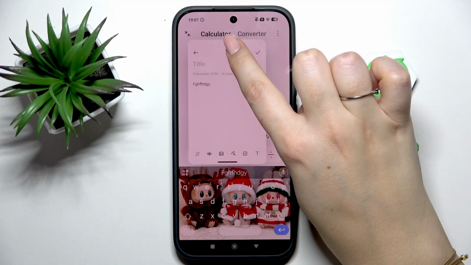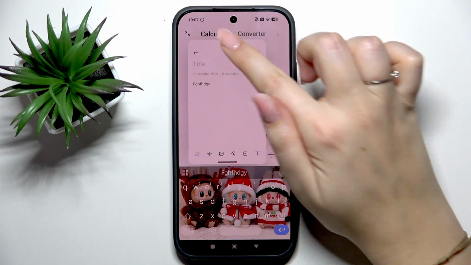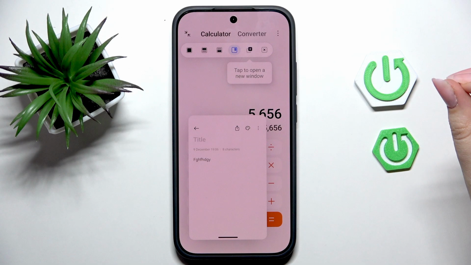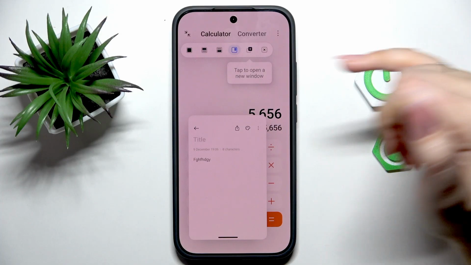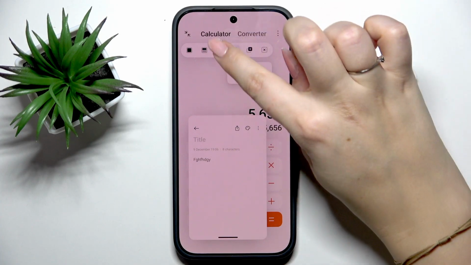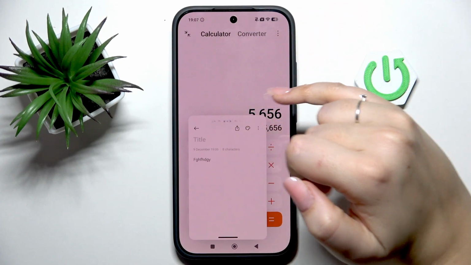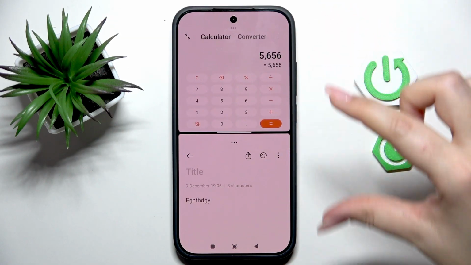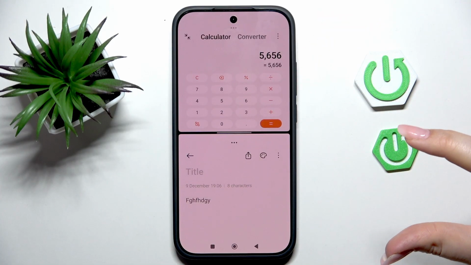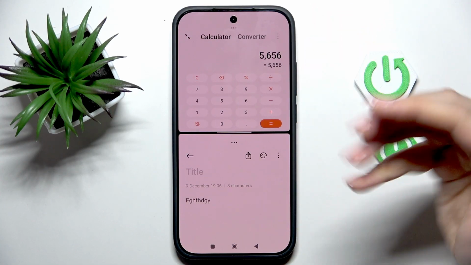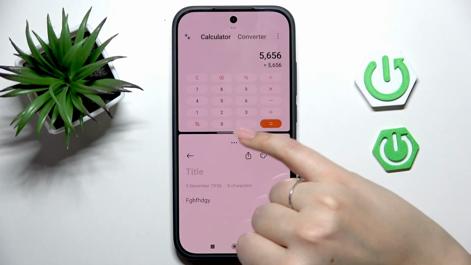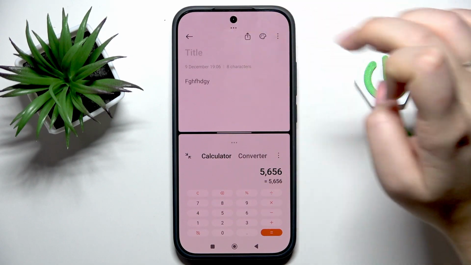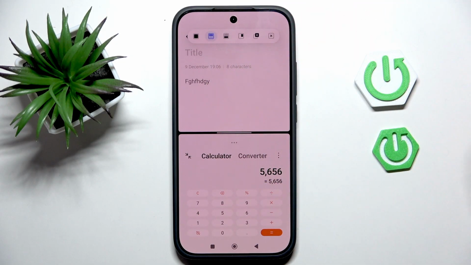Moreover, after tapping on the three dots icon here in this floating window, you can choose the option to how you'd like to show it. So either like a window here, or you can apply it to the bottom of the screen like that. So now the screen is divided into two even halves between the calculator and the notes. You can also set it at the top, so the same situation,